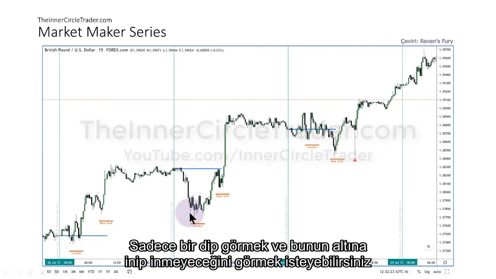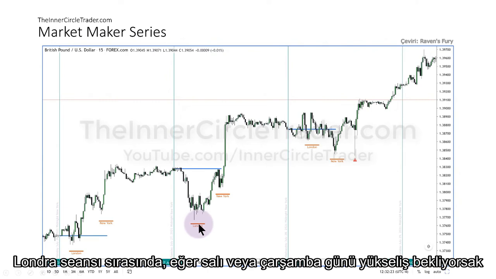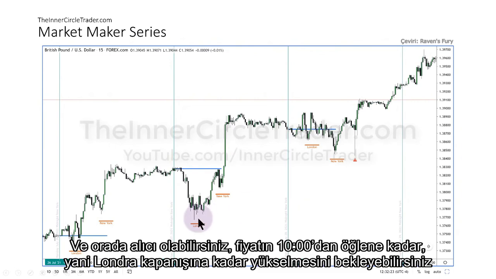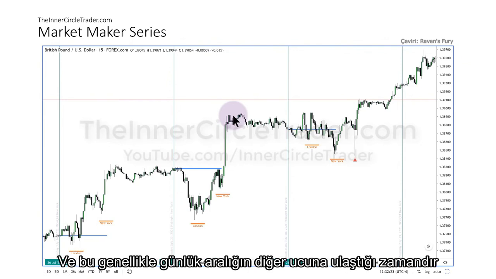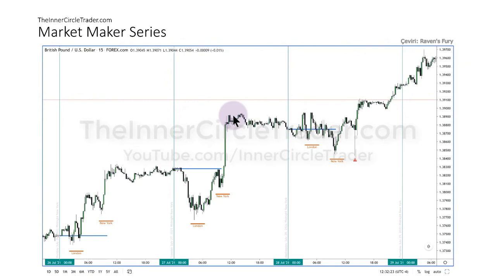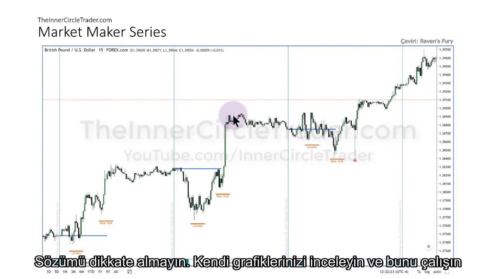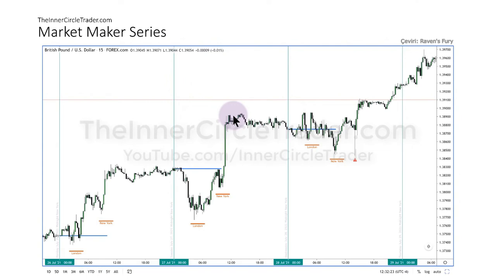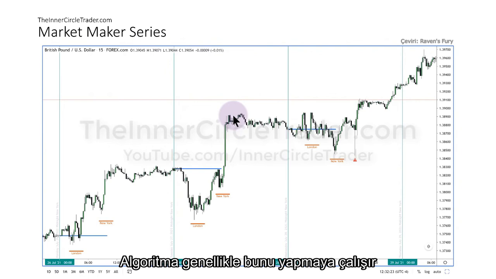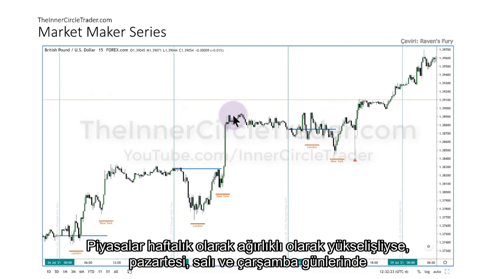You just want to see a low and then wait and see if it runs below that low during London at a time when we're bullish on a Tuesday or Wednesday. And you could be a buyer there, expect price to rally up to 10 o'clock to noon, which is London close. And that's usually when it meets the opposite end of the daily range. Don't take my word for it. Go through your charts and study it. That's what the algorithm will generally try to do on Mondays, Tuesdays, and Wednesdays when the market is predominantly bullish